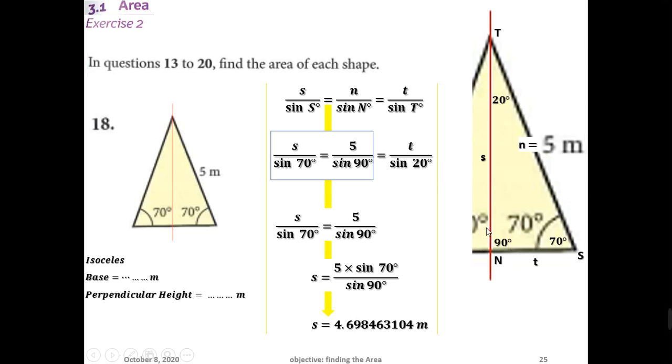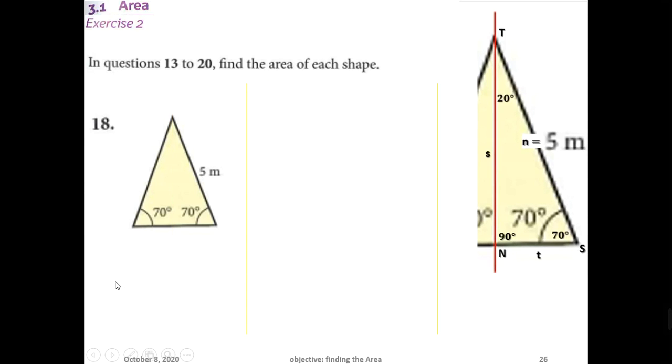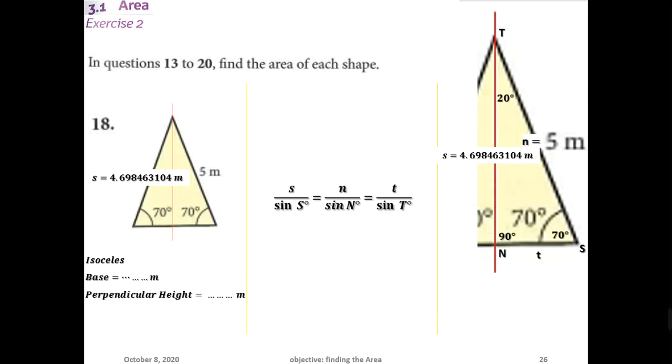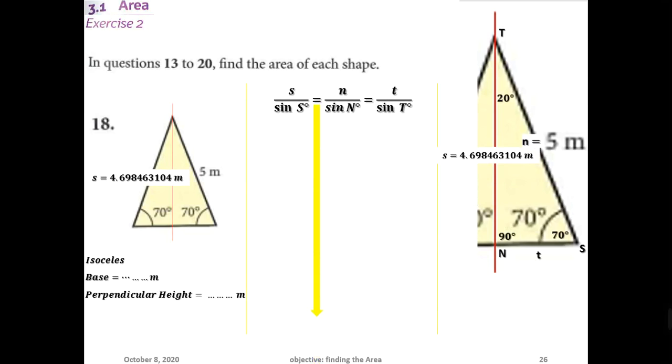So we found the height, but what else do we need? We need the base. Let's see how we're going to calculate the base. To find the base, we're going to use the exact same rule, so we found S here in the previous step. We're going to write the exact same rule and do the exact same substitution for triangle